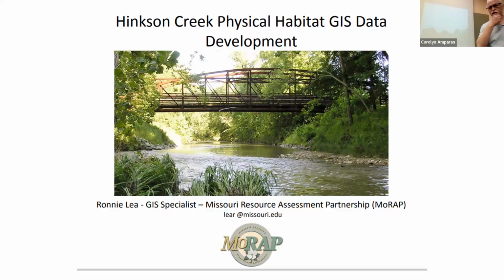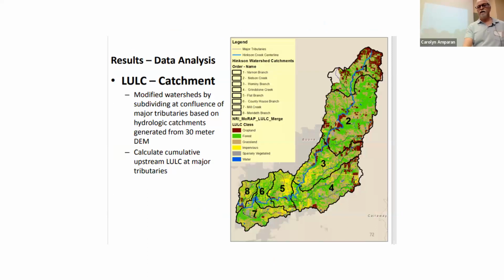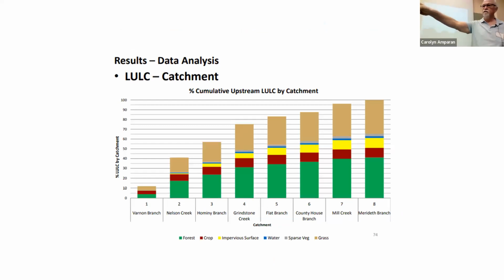Then finally, I just thought I'd mention this, Hinkson Creek physical habitat. You can really do fine resolution land surface modeling based on LiDAR, and then you can tell where the streams are, and we did that for this area. Another thing, you can divide up the watershed into sub-watersheds like we've done here, and then you can summarize the landforms and the vegetation in the different watersheds. I include this for you, and you can tell what part of the watersheds are wooded, what are crop, what are